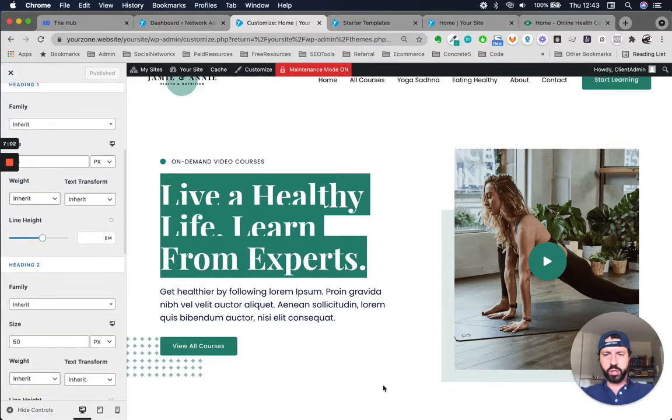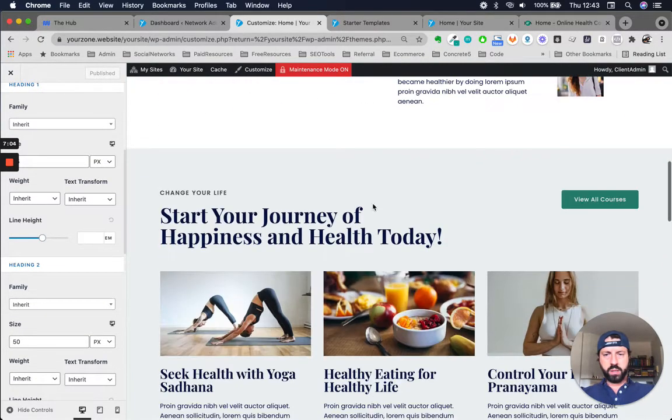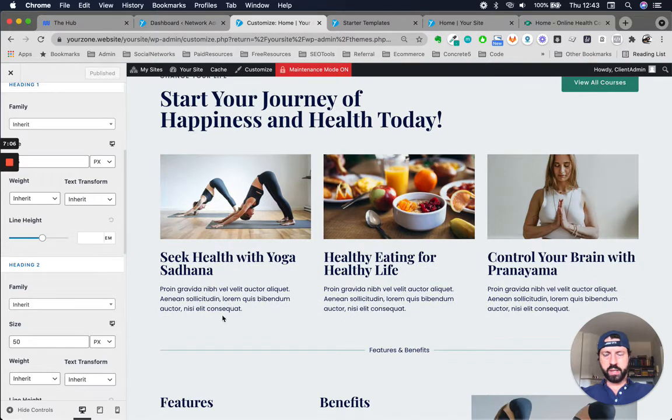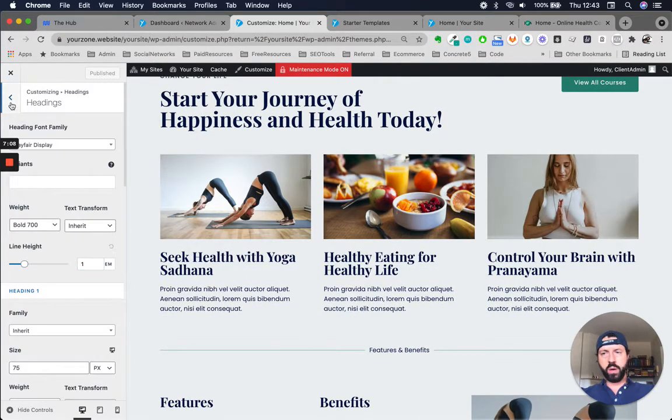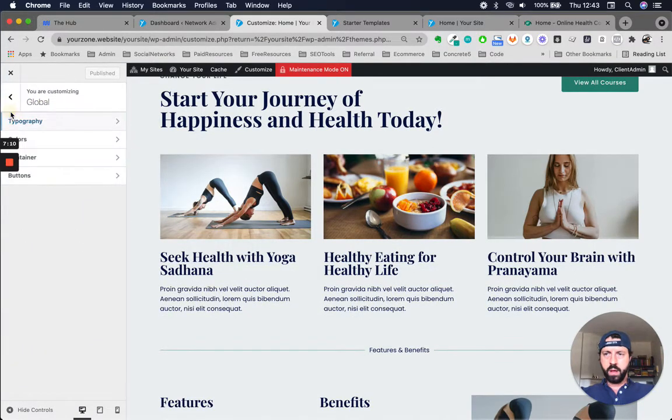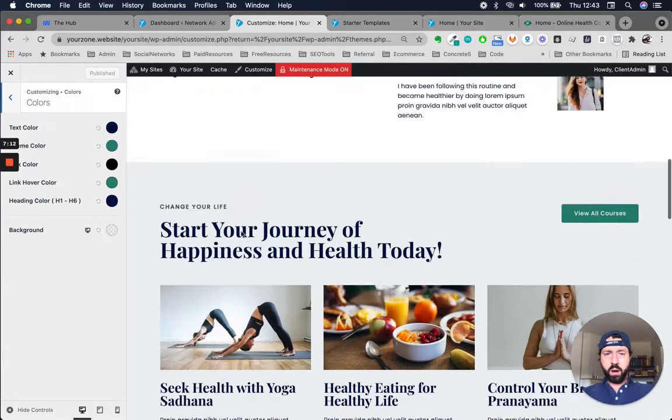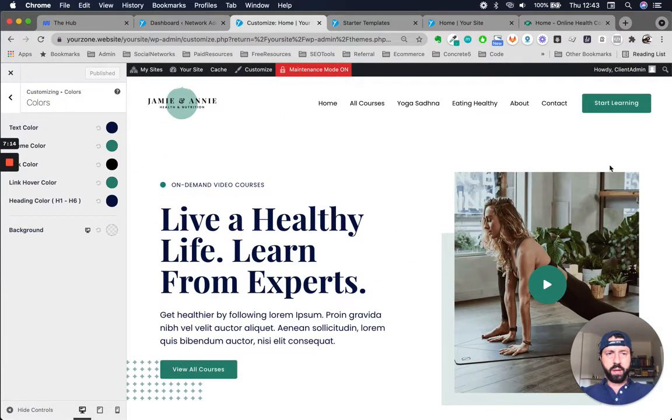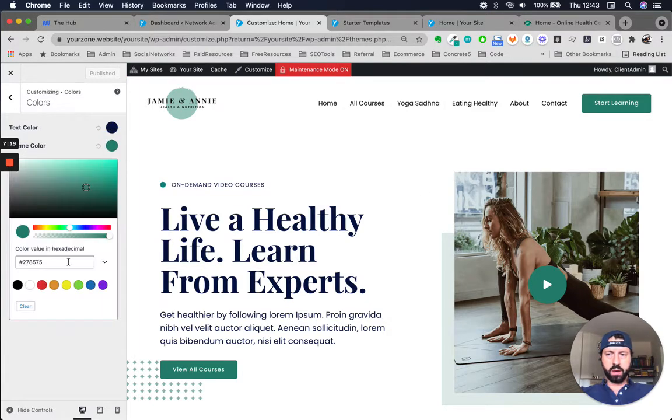Then you can change the H2. This is probably an H3. This might be an H2, etc. So you can change that type of stuff as you wish. Don't waste too much time on this, okay? What we're going to do is we are going to update the colors, because this might not be the color of your brand. So what you do is you just update the color here and save this in your clipboard somewhere,